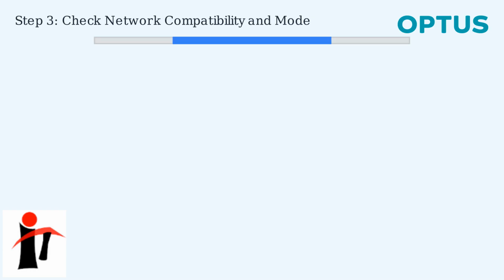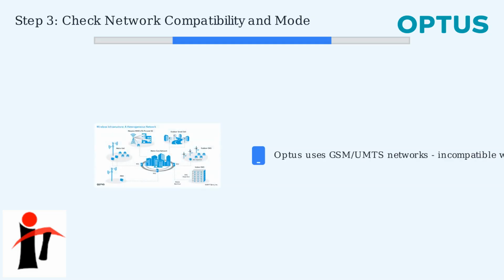Now let's check your network compatibility and mode settings. Optus primarily uses GSM and UMTS networks with 4G and 5G support. Optus operates on GSM and UMTS technology, providing 4G LTE and 5G connectivity. However, in countries that use CDMA networks, like some parts of the US or Japan, your phone may not connect